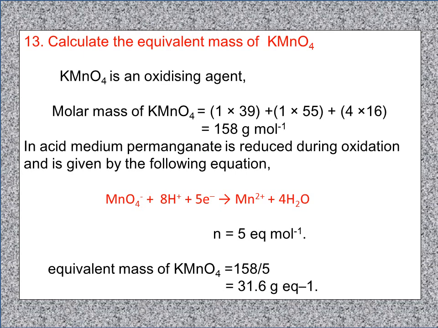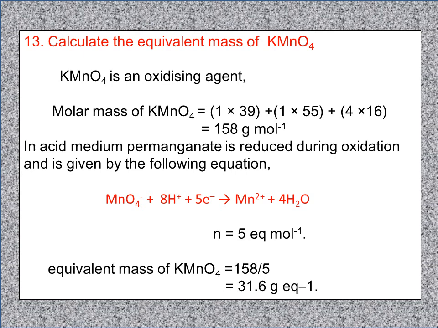Now, how many electrons are lost or gained? That can be seen through the example. Potassium permanganate is reduced during oxidation. Permanganate is KMnO4, you remove that K+, you have MnO4-. It will react in the acid medium only, this reaction occurs. So it is getting converted to Mn2+. Here in KMnO4, manganese is in +7 oxidation state, now it is turned to Mn2+.